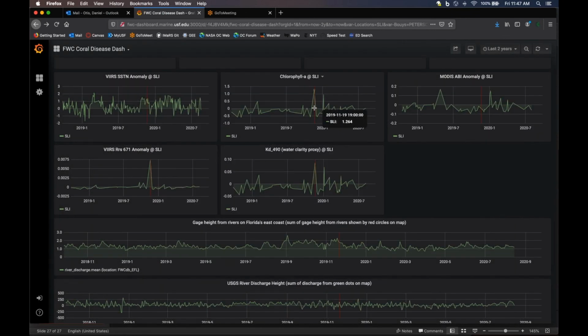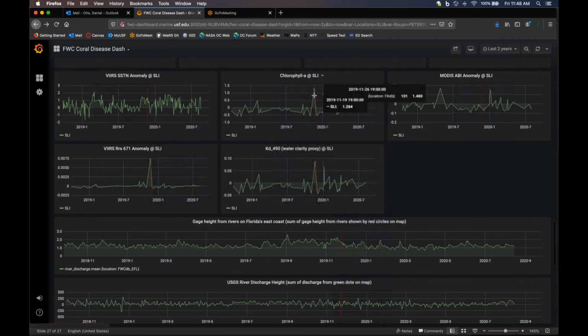If I move my cursor around where we saw this, for example, here at the St. Lucie River Inlet, it tells you this is October 30th, 2019, the chlorophyll spiked way up. And then if you look down here at that particular time, we did see a little bit of a bump here earlier